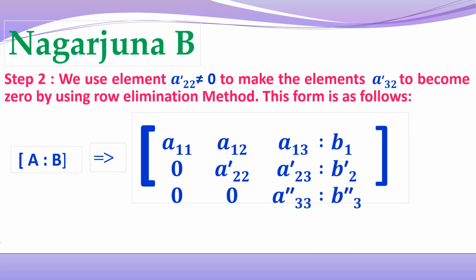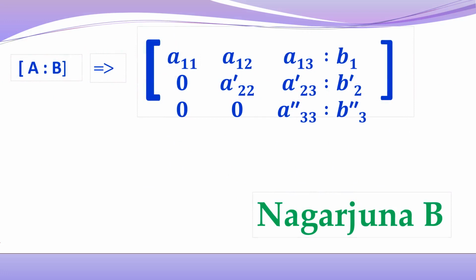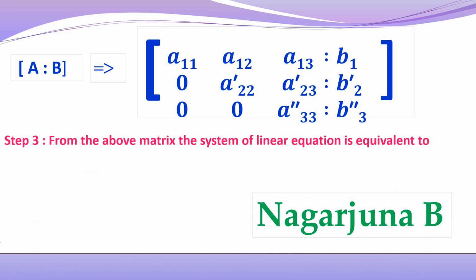For that purpose we have written A33 as A33 and B3 as B3. It is the form of an augmented matrix after the second step. After step 2 we have got the augmented matrix, and that augmented matrix is in this form. Now in step 3, from that augmented matrix we write the system of linear equations in the form